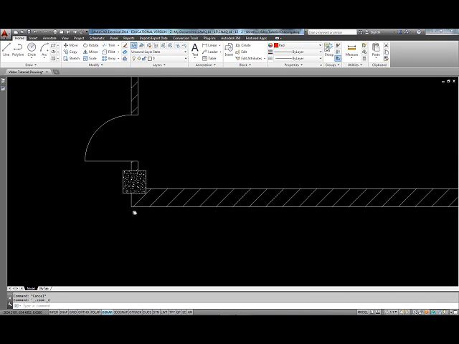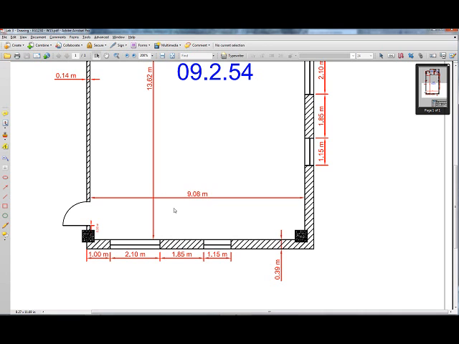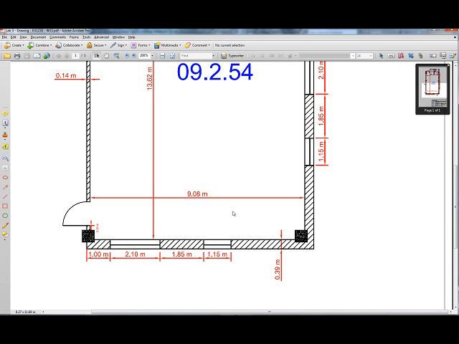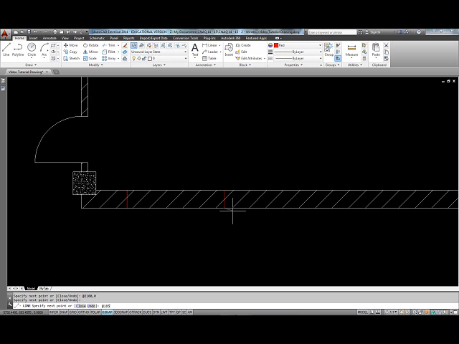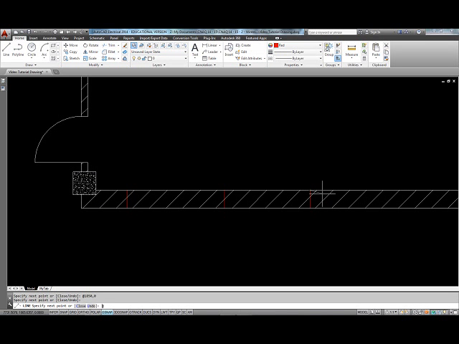So can zoom in, and then line from this corner at 1000, 0, enter, up to the perpendicular, and then the first one is 2100 at 2100, 0, enter, perpendicular, and then the next one 1850 at 1850, 0, enter, and then go up to the perpendicular, and the last window is 1150 at 1150, 0, enter, and then go to the perpendicular and